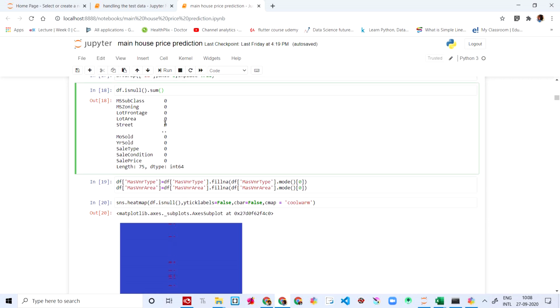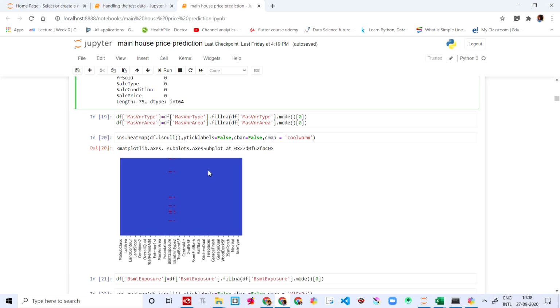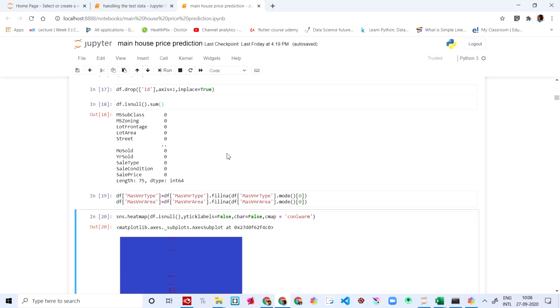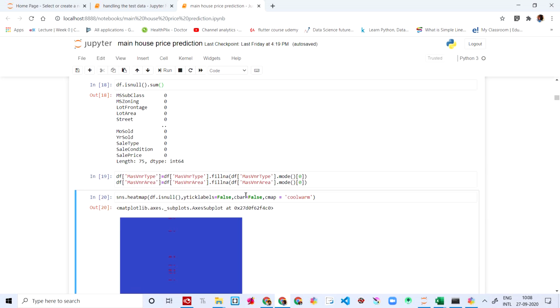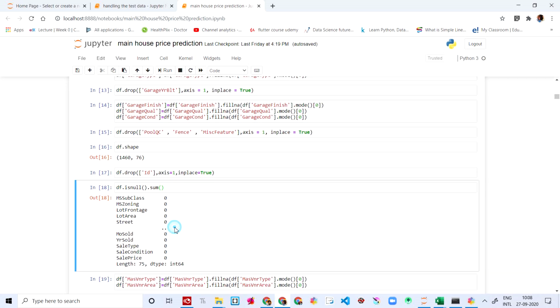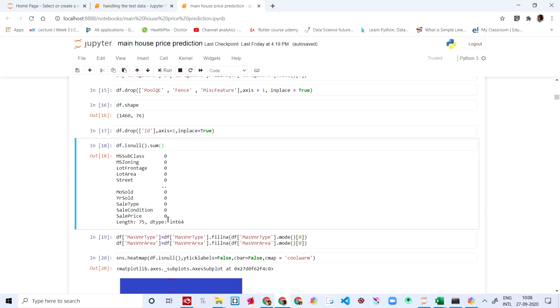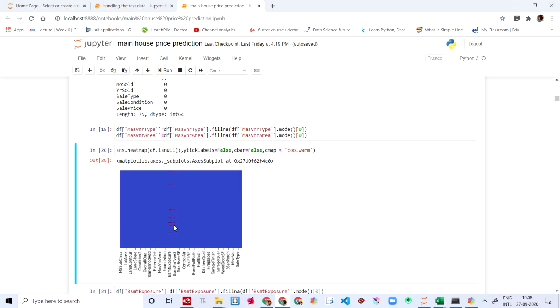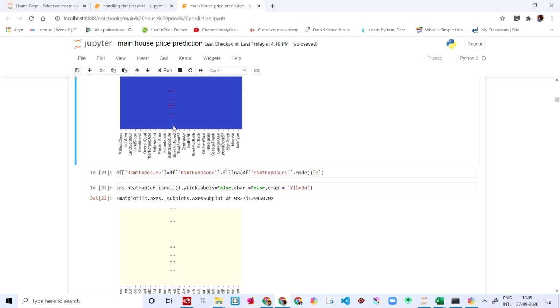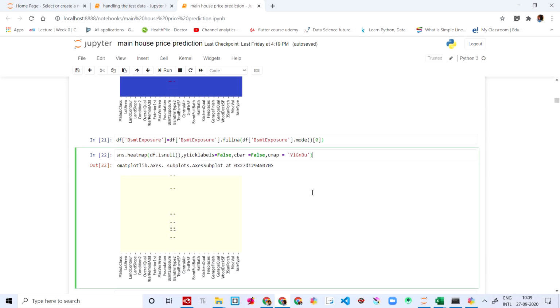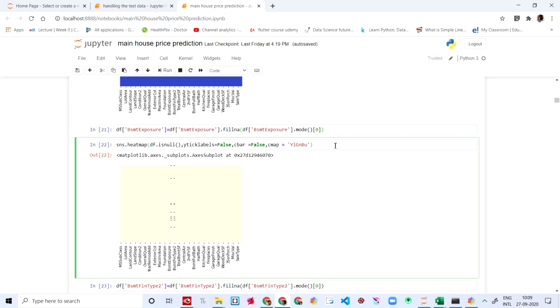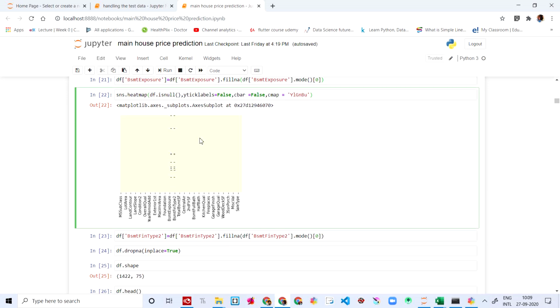These are the null values. I'll tell you why we have put this graph. Currently the null values are not seen because they are covered, and our whole data might go wrong. So I have put this for knowing where we have the null values. That's it. We have converted into mode here. We have put the heat map. This again we have converted into mode. This is another type called YlGnBu. This is the heat map of null values itself.